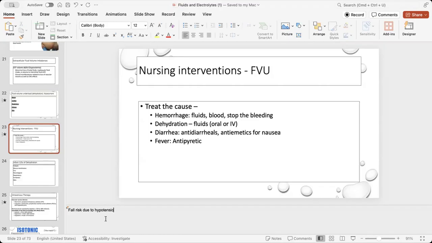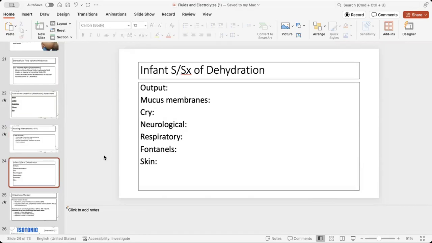All right, let's talk about babies and infants. What might you see in a child who is dehydrated? It might be a little bit different. What do you think about output? Not many wet diapers, right? An infant is going to be wearing a diaper, so can you as the nurse measure output through a diaper? Yes, definitely. So you want to be checking and measuring the diapers, making sure they have some urine output.